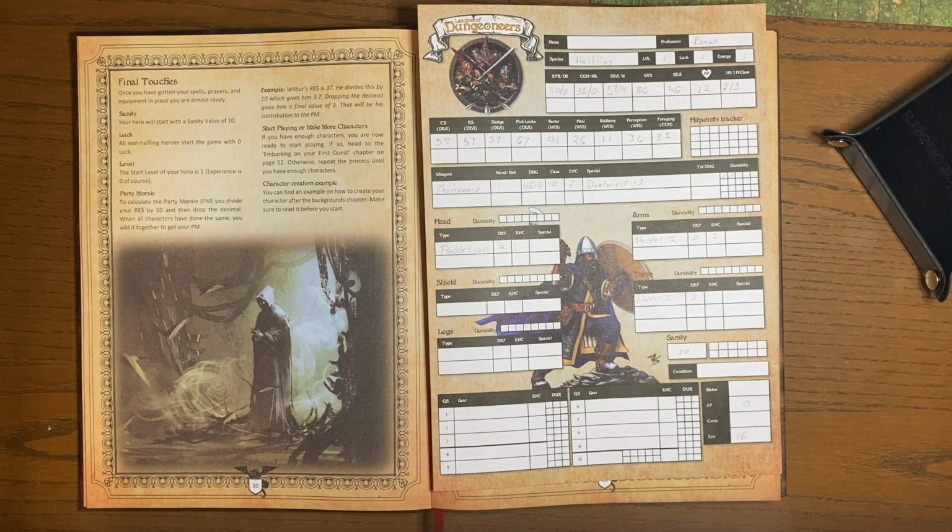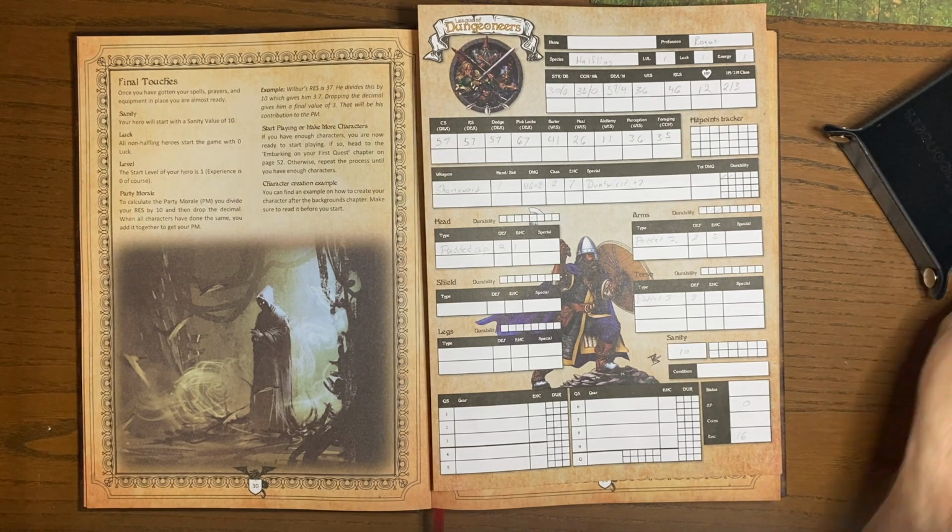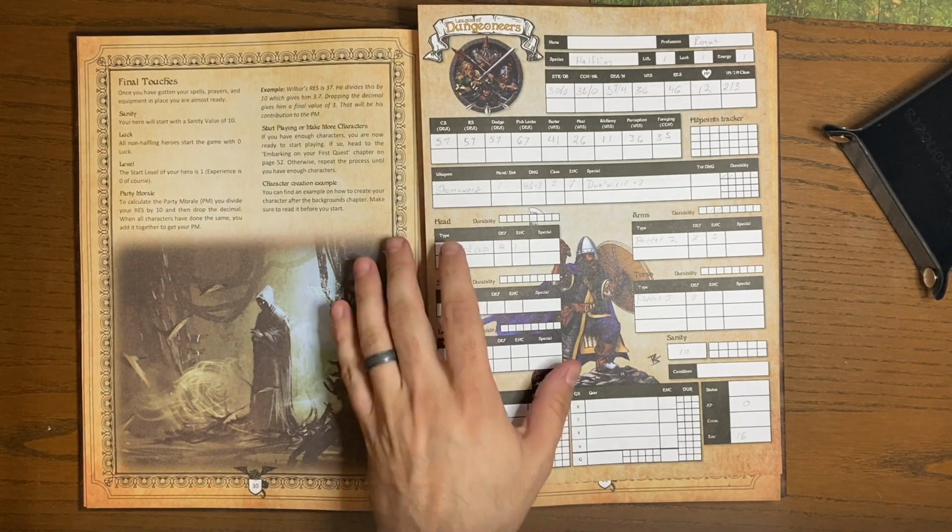Party morale is something that's very important once we're looking through dungeons. So to calculate party morale, we need to divide our resolve by 10, then drop the decimal. And all other characters, once they've done the same, we'll add that all together and we'll get our party morale. So our resolve is 46. We'll divide it by 10 to get 4. And you'll look here, this is a really neat